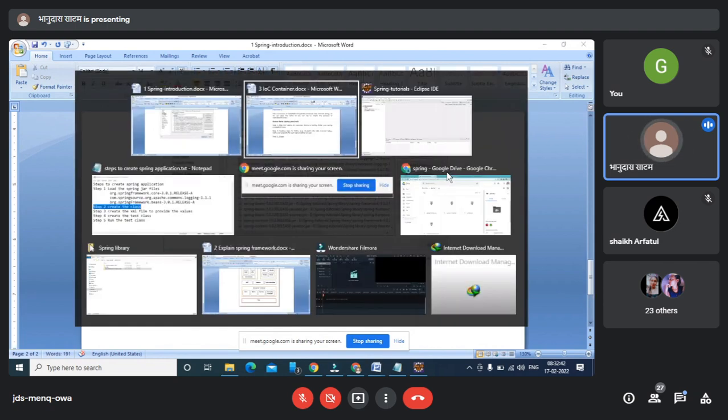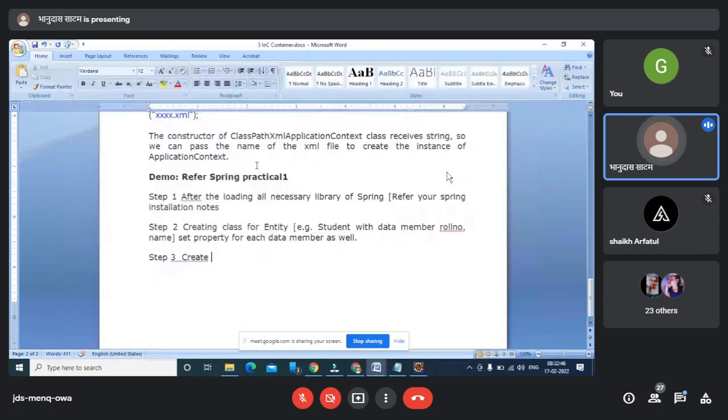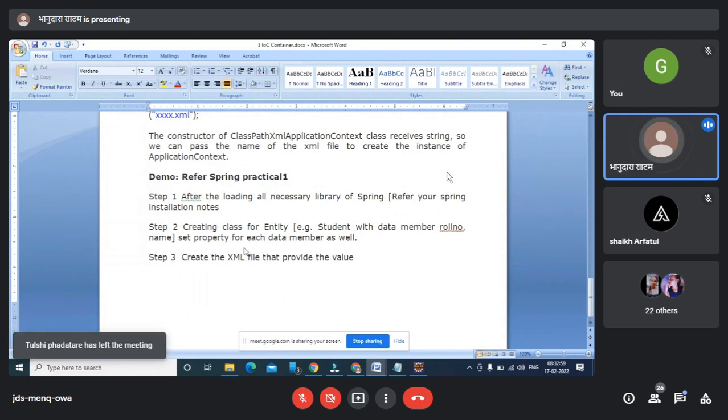If you see step 3, it says create the XML file that provides the values for the data members here.